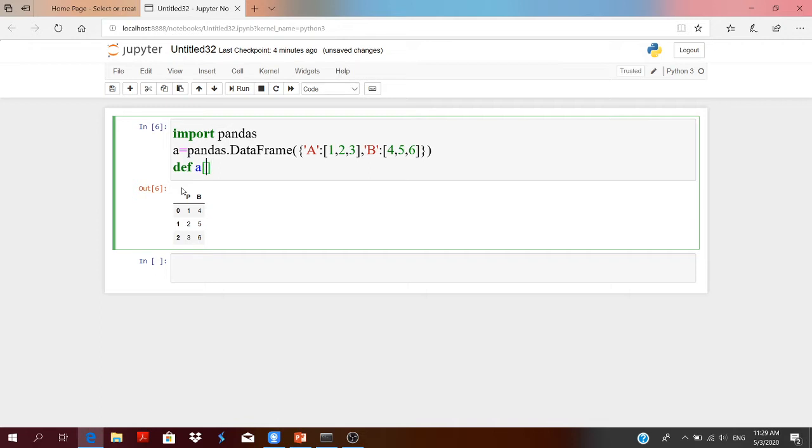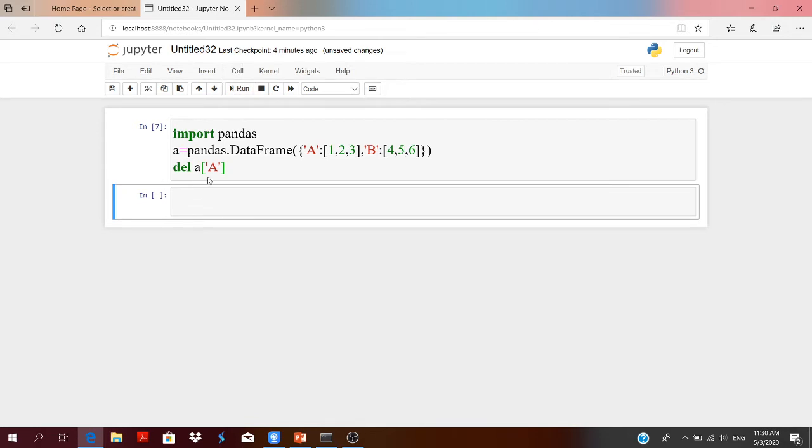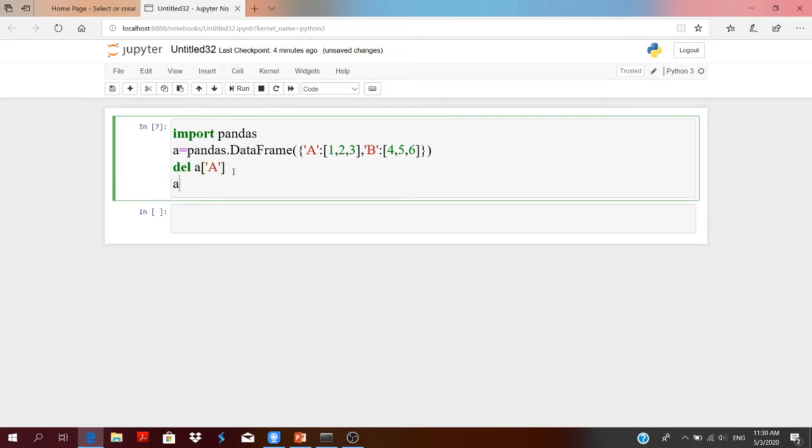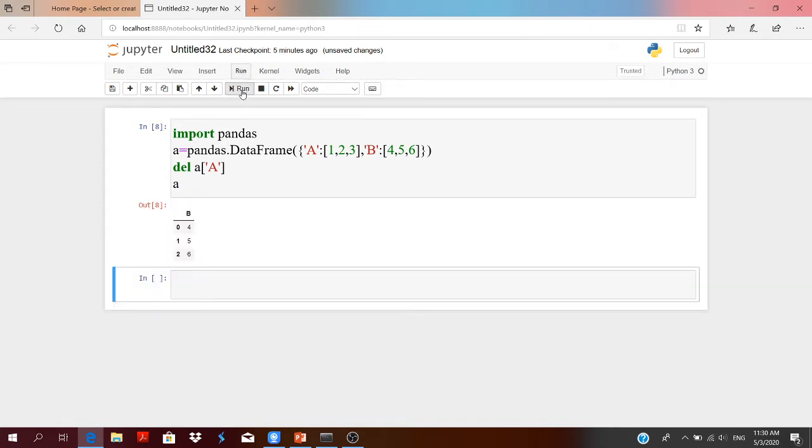So let us delete column A. If you want to delete column A, then write del, data frame name, within square brackets the column name. Run the code and see your column has been deleted. See here, column A has been deleted.